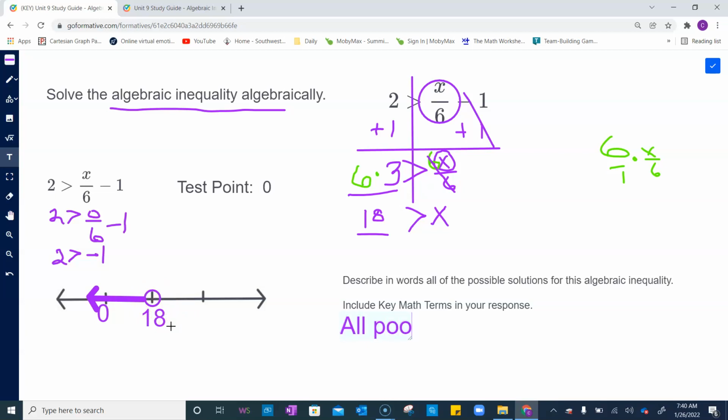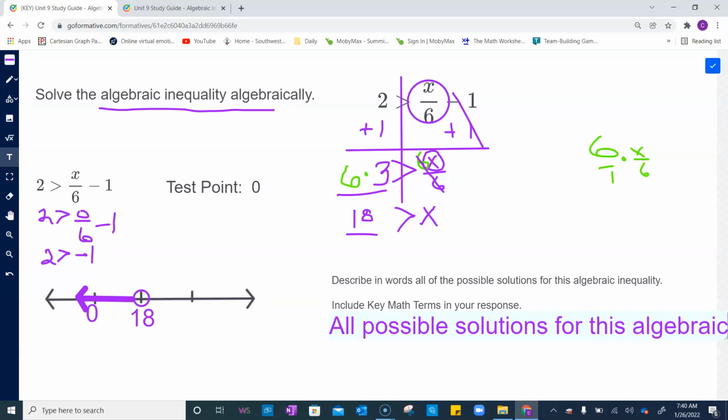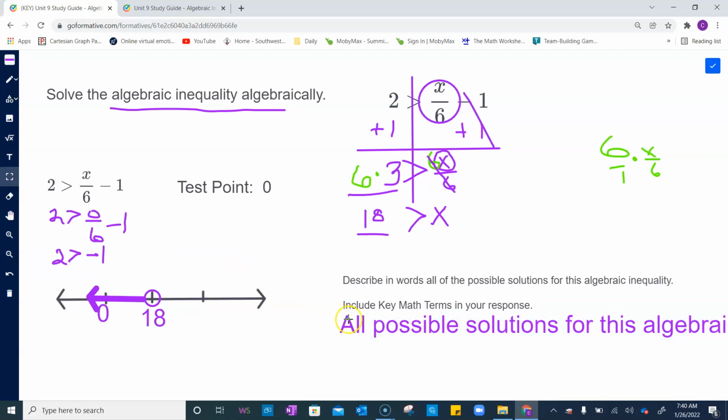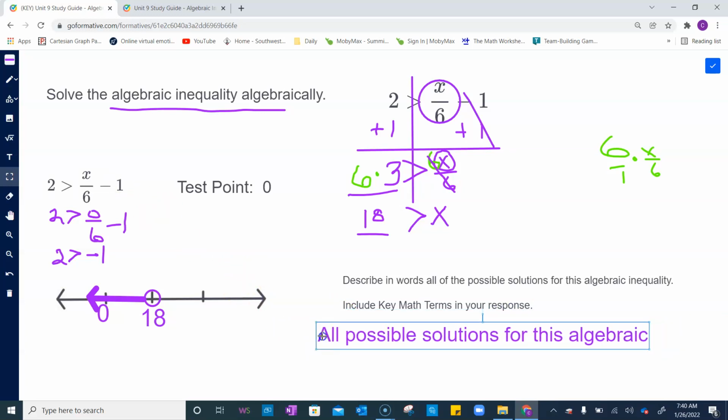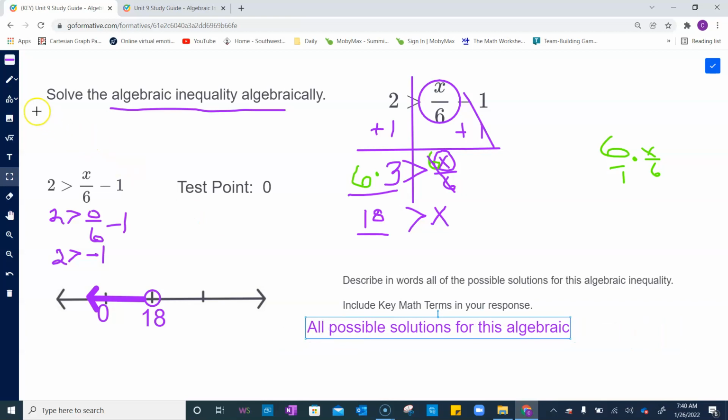So all possible solutions for this inequality, and I'll say algebraic, because it's specifically that type, because it's got a variable in it. Slide that over, and I'll shrink it down a little bit so I can fit all possible solutions for this algebraic inequality